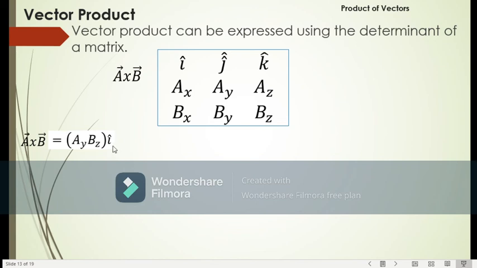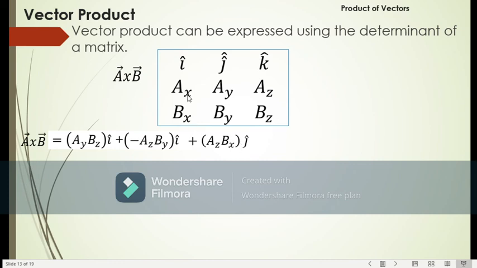The direction is I. While K cross J is negative I. So that is why minus A sub z times B sub y. Direction is I. Plus, let's multiply K cross I. K cross I will have an answer which is J. So plus A sub z, B sub x, J hat,